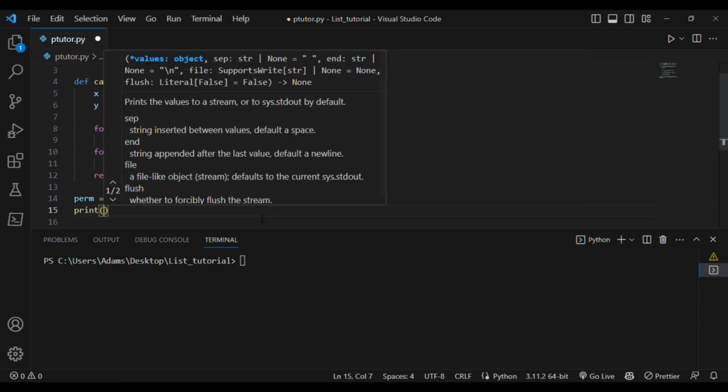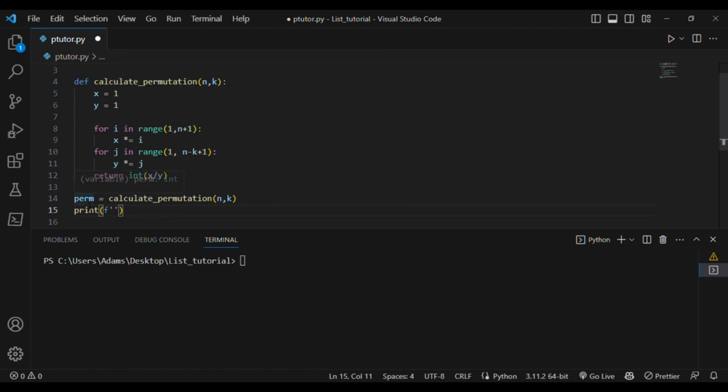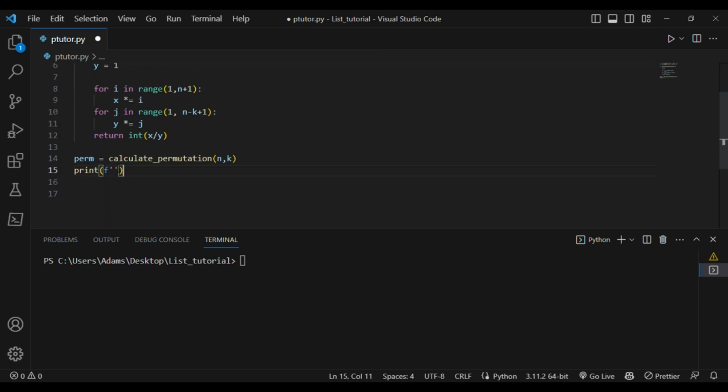Now I'm using an f-string. The f-string allows me to put variables like perm, n and k directly into a string without using the plus sign and concatenation. So I can just put variables directly here, but to do that I have to wrap them in curly brackets. So now we'll say, okay, your answer